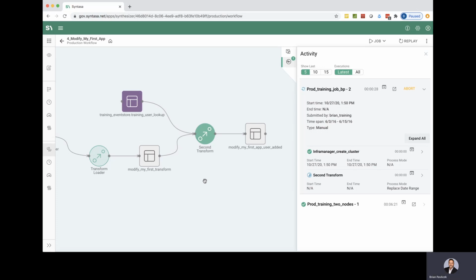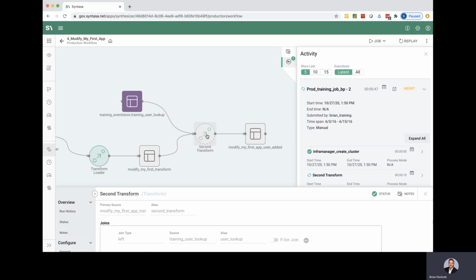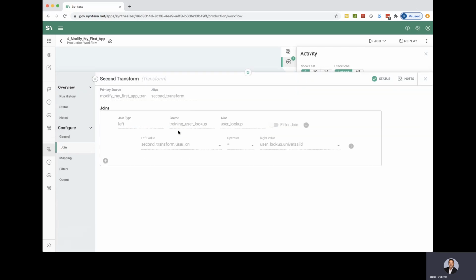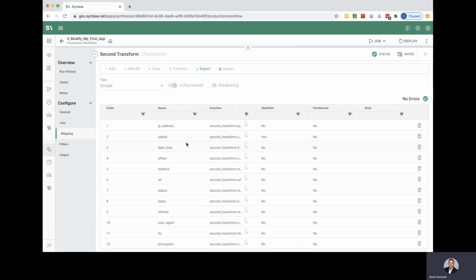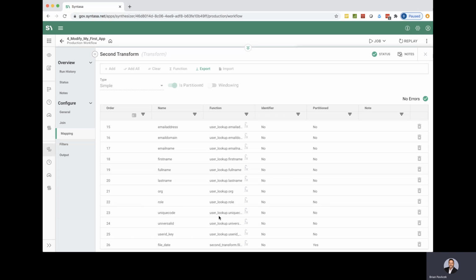And again, we're going to sit and wait for that process to spin up. We're going to wait for the node to turn that white color. There it goes, with the dashes around it. Again, this is our process running through our defined code. And we can take a look at that again, remember, where we have joined that lookup table into this data, all the mappings that we have done to add the lookup information to this node,